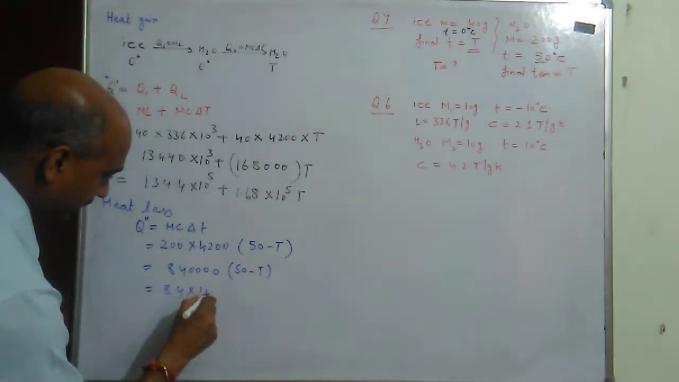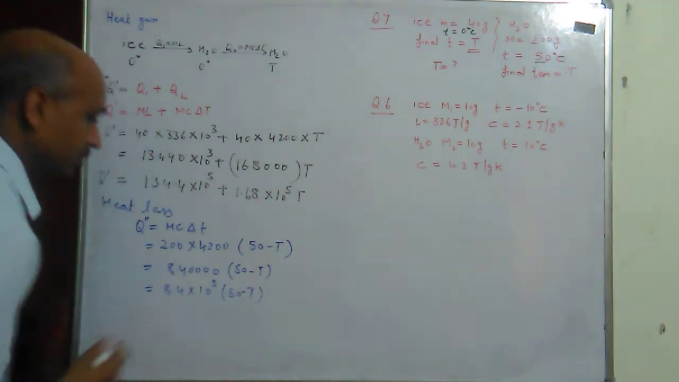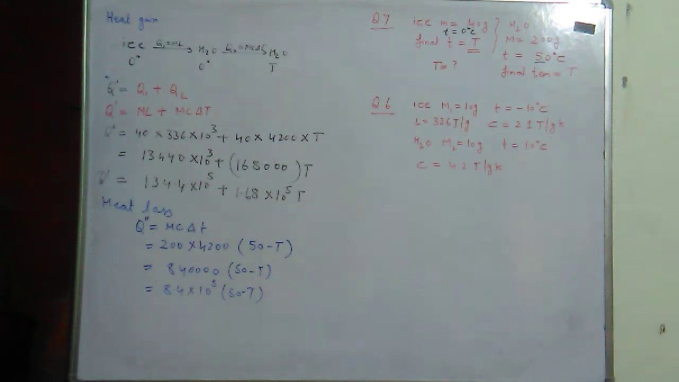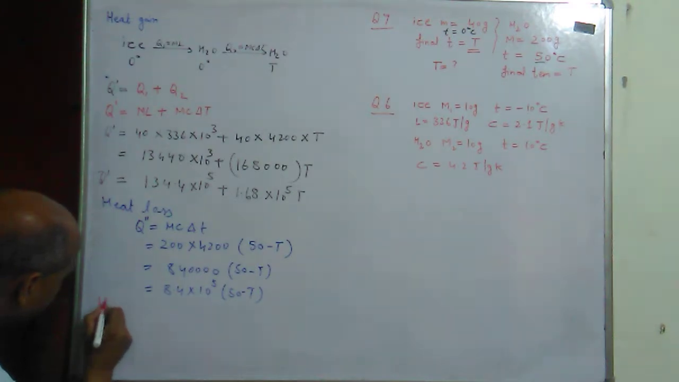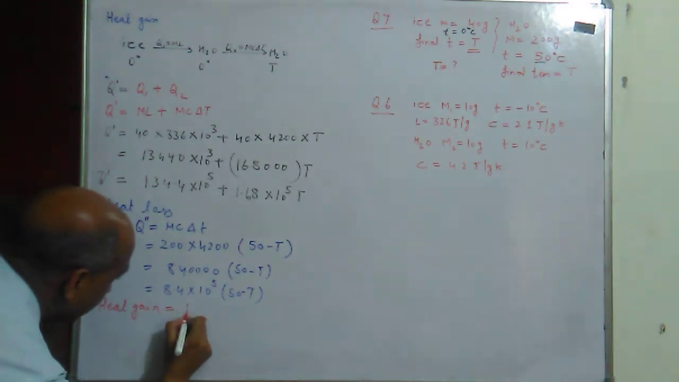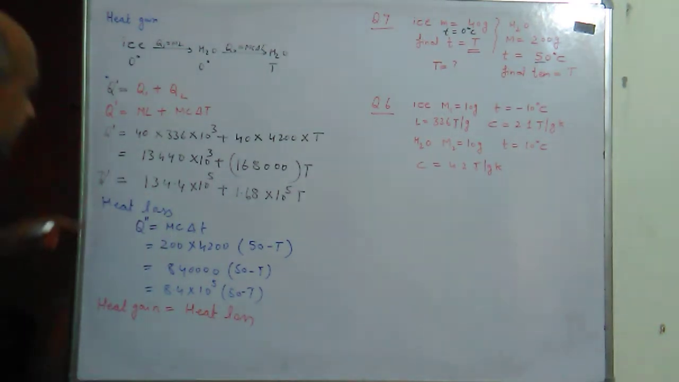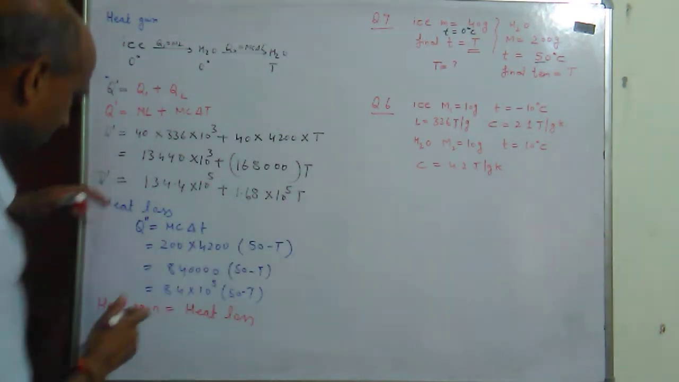8.4 into 10 to the power 5 and 50 minus T. So now what we have to do is use the principle of calorimetry: heat gain equals heat loss. So we have heat gain equals to heat loss. So heat gain is how much? This is the heat gain. So it will be